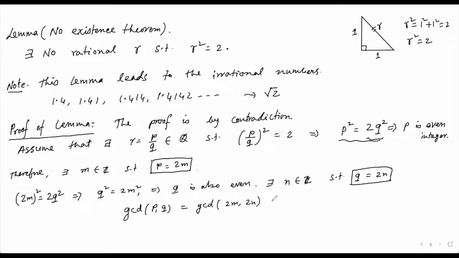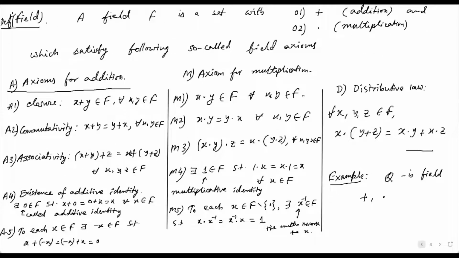Okay, so this is equal to 2 times GCD of m, n, and GCD of m, n is greater than or equal to 1, so this is greater than or equal to 2, but p over q is rational,